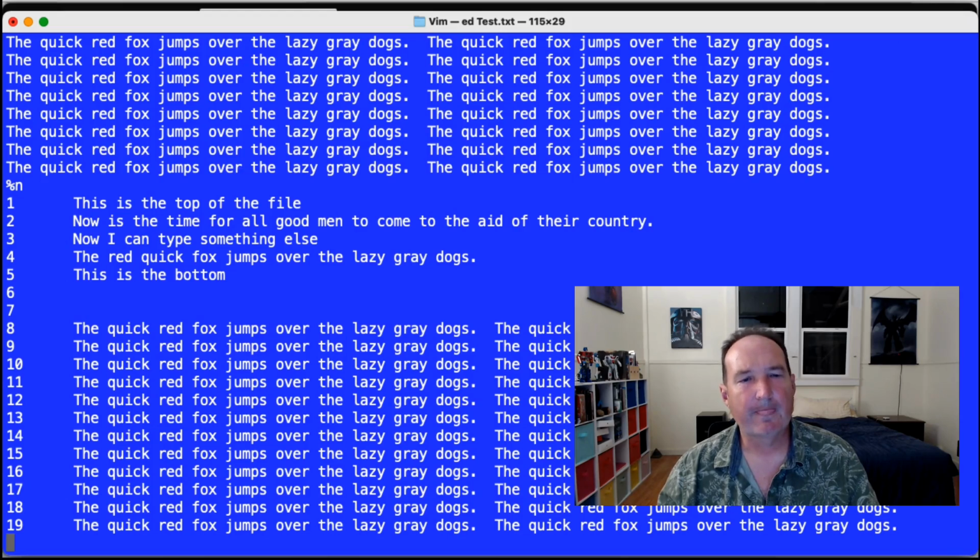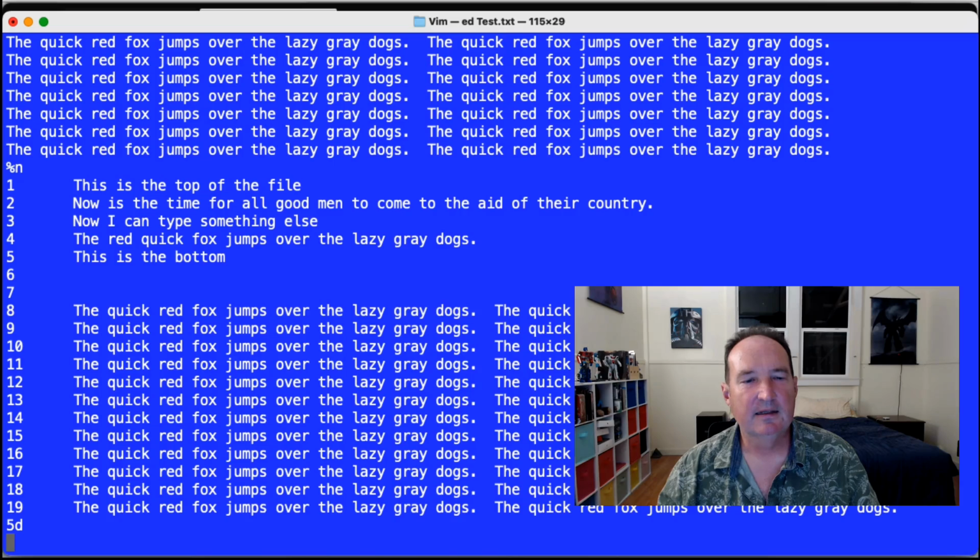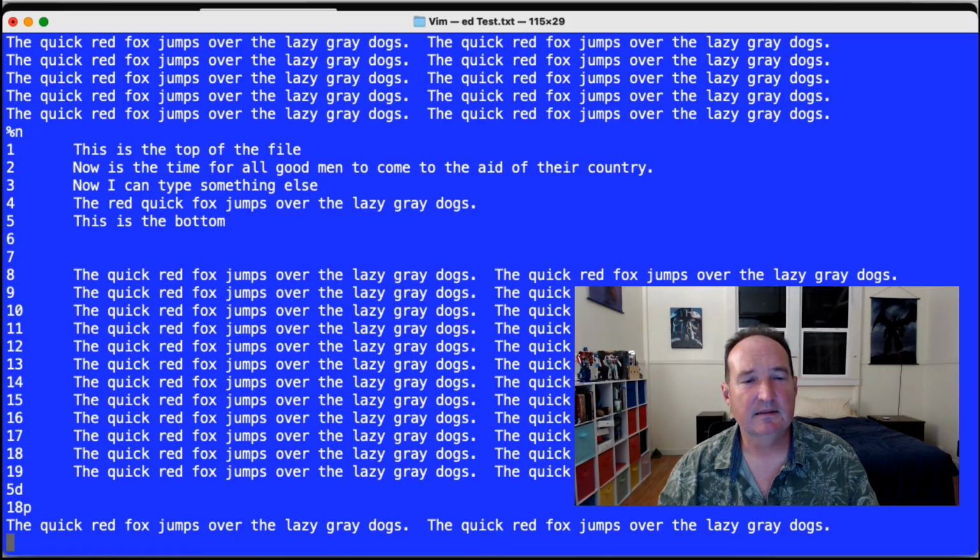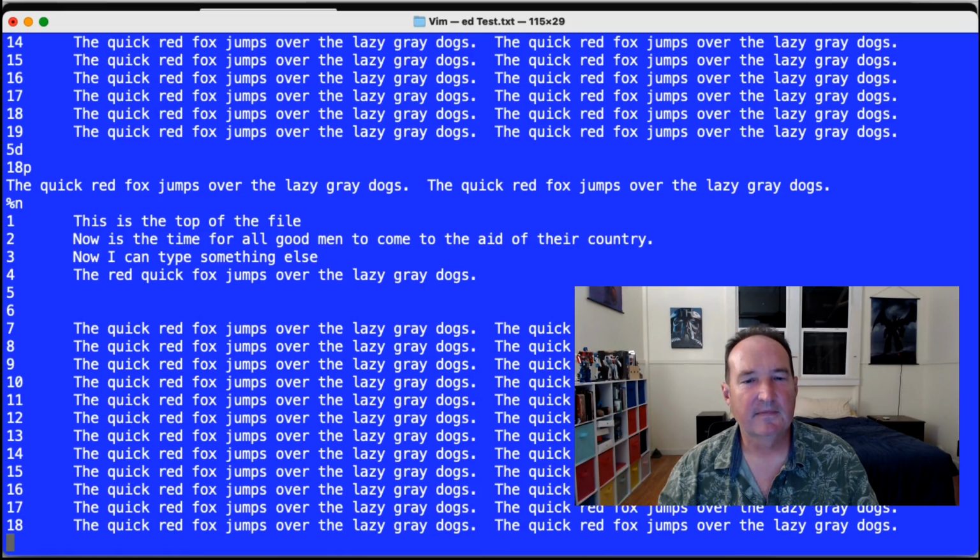Let me add it. There's the line. This is the bottom. I don't know ed super well, so let me see if this works. Let me see if I can move this is the bottom to the actual bottom. So that would be a 5d to delete that line. And then the bottom would now be line 18. So I could do 18p to paste. Okay, %n. Okay, that didn't work at all. Okay, it's fine. It's fine. All right, let's